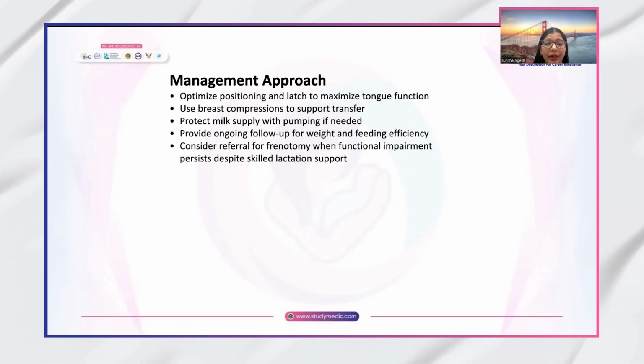Then we need to refer the baby, because we cannot diagnose. We can tell our assessment to the pediatrician, and we can refer the baby to ENT for frenotomy. This is because even a tongue tie should be diagnosed by the pediatrician. After this also, skilled lactation support is very much needed to establish the breastfeeding relationship.